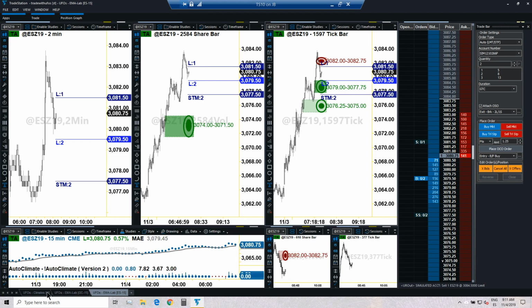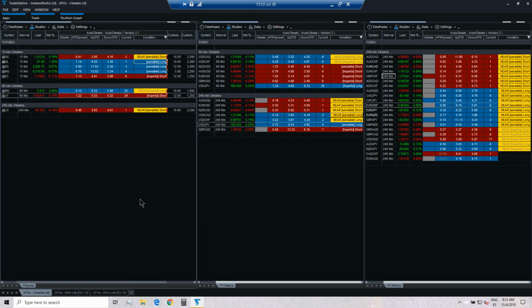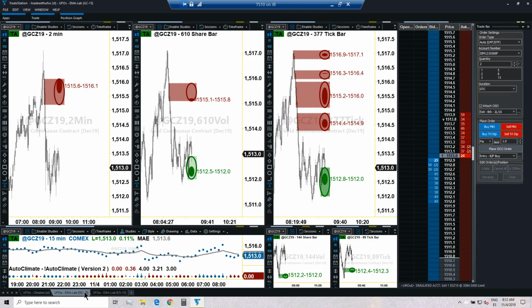Anyway, back to the red screen. What else is happening? Gold is still flashing. So let me have a quick look at gold in case a UFO forms. No UFO yet. Remember, with gold we are looking for the red UFOs because the climate is ruby. Ruby color means that we look for red UFOs. So no red UFOs yet.